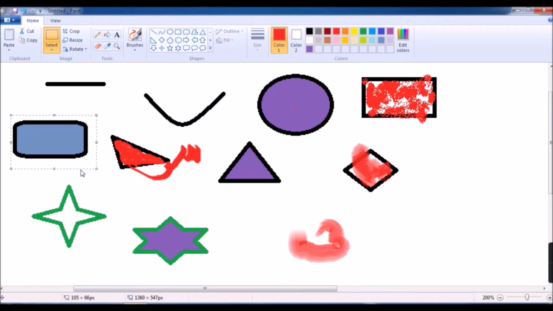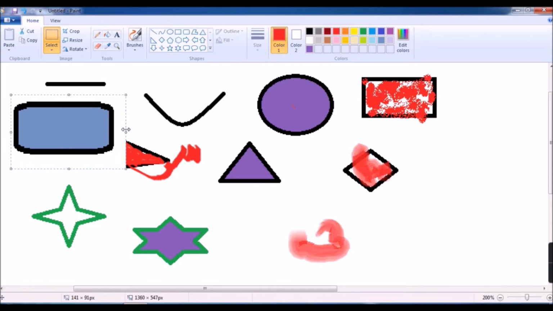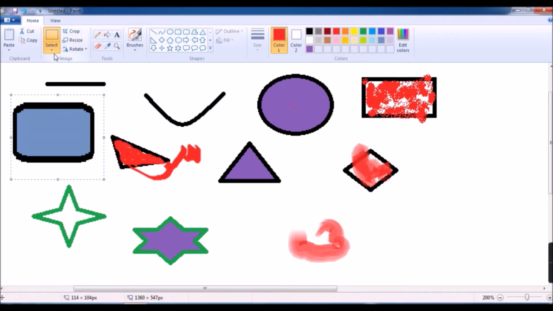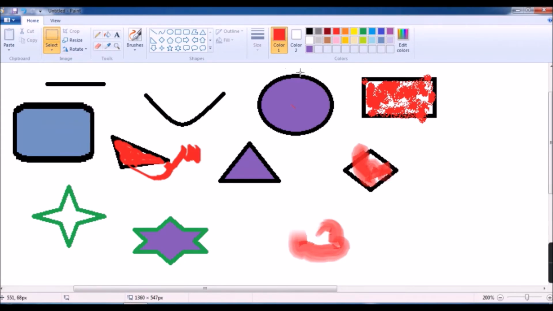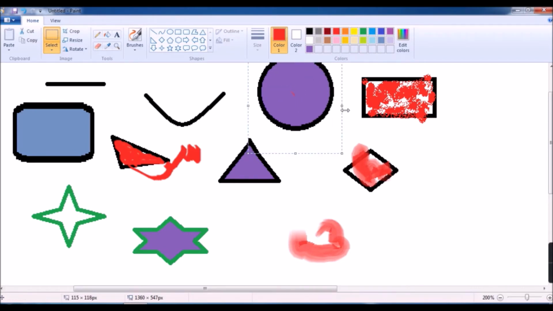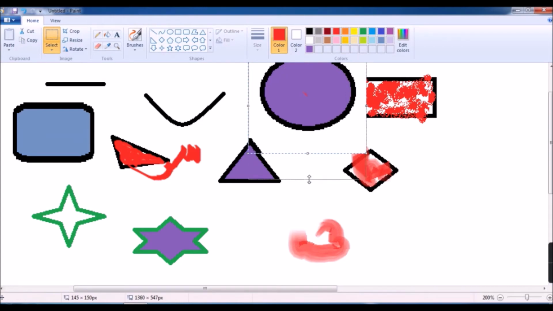There is one dotted box. If you want to resize, just click any one corner and click and drag it. So the picture will be resized. How to do it? Select rectangular selection, click on the image and change its size.